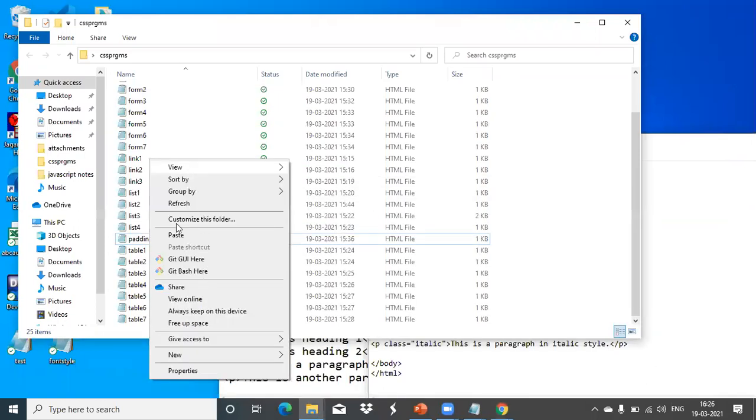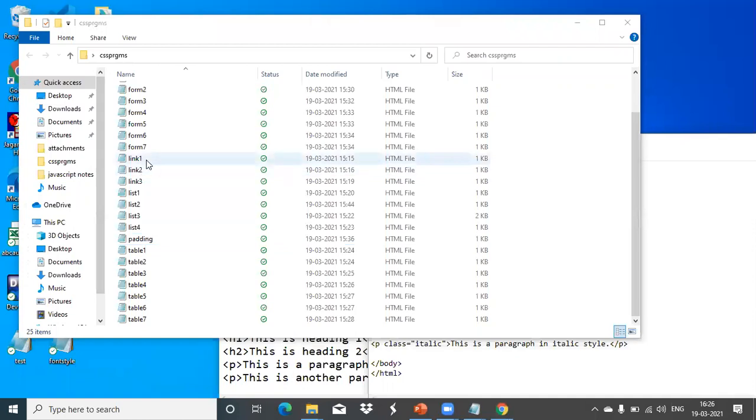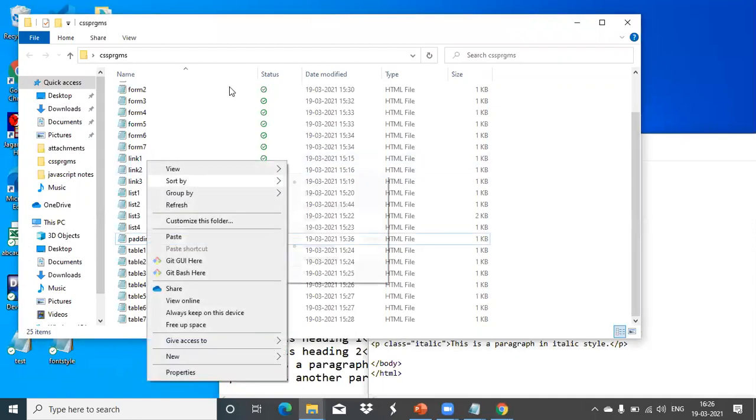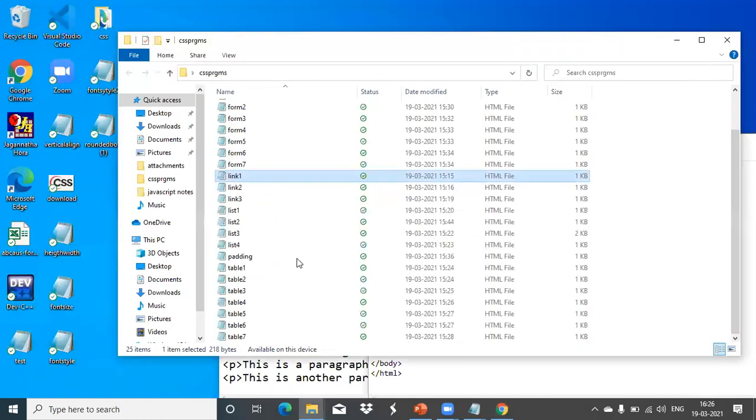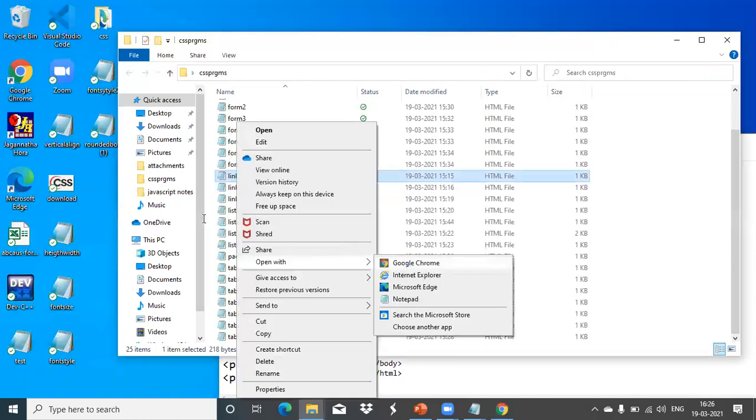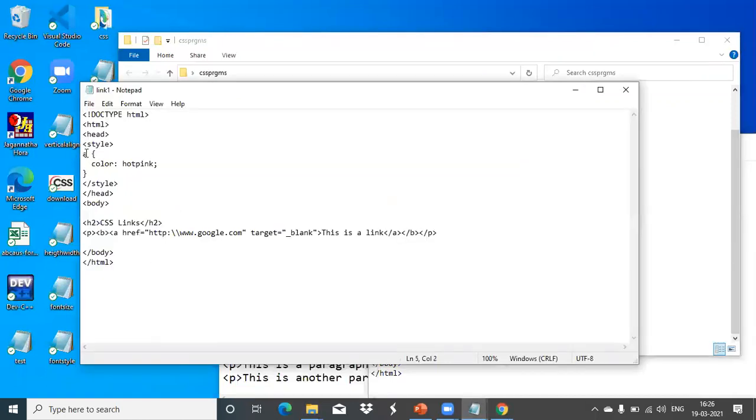You remember how to create an HTML link. So now we can add styles for the link also. Styles we are adding to that link. The link tag name was A. So for the link we are telling the color is hot pink. That is the style we defined for that A tag. Now here the reference I am giving is the Google page only. Target we have given as blank. So you know how it will work. All those things are inside this paragraph like this. Okay. We'll see what the style of that one is.